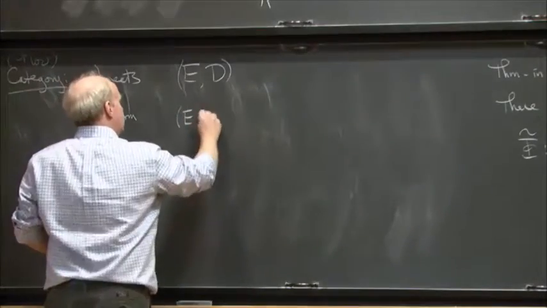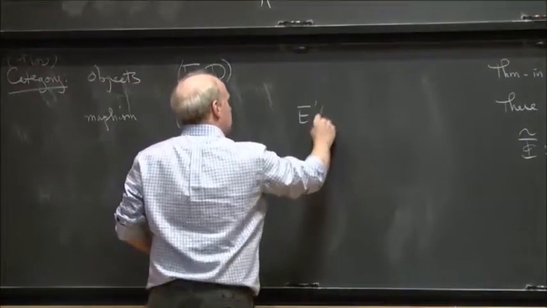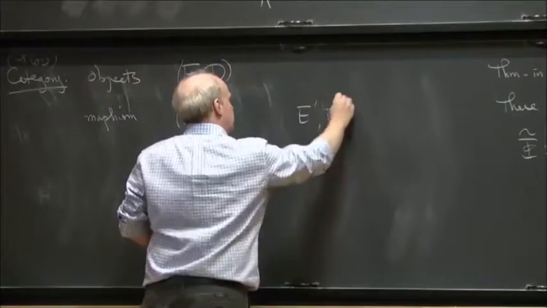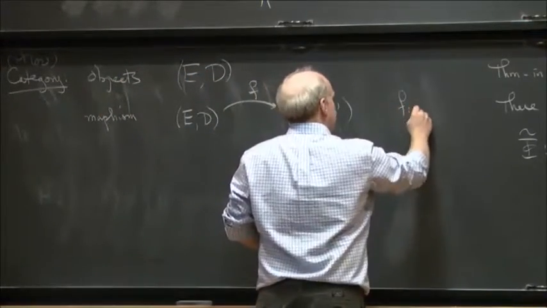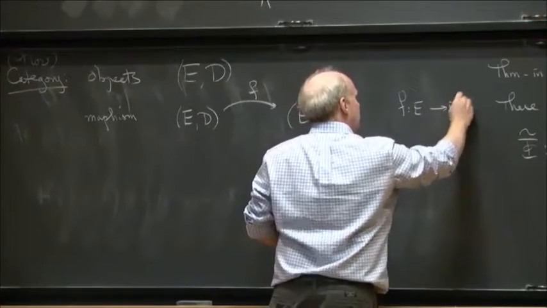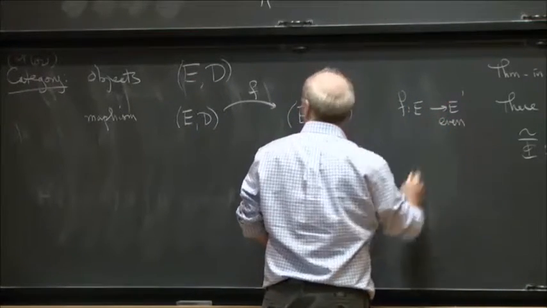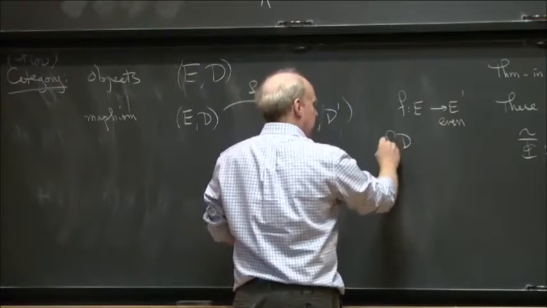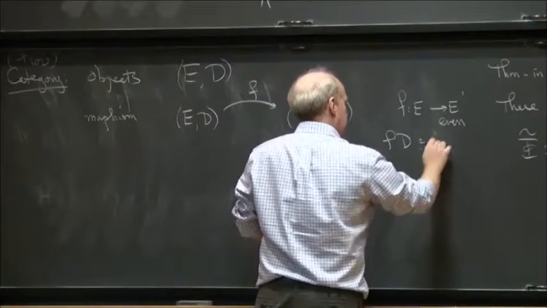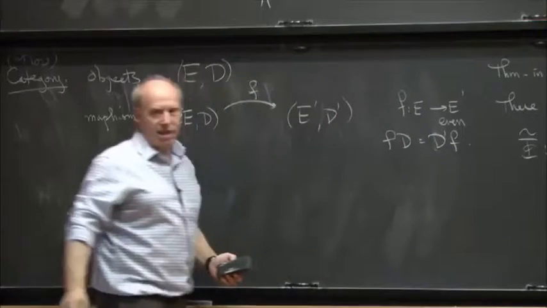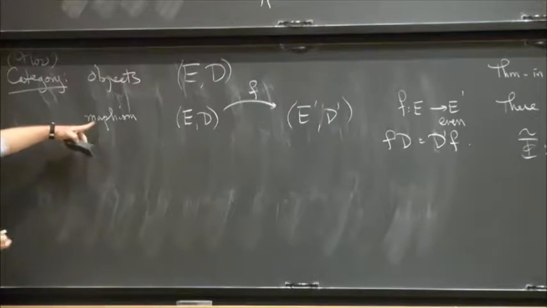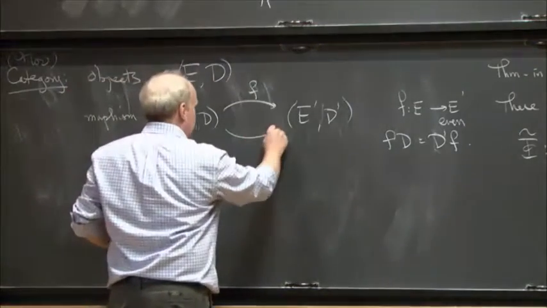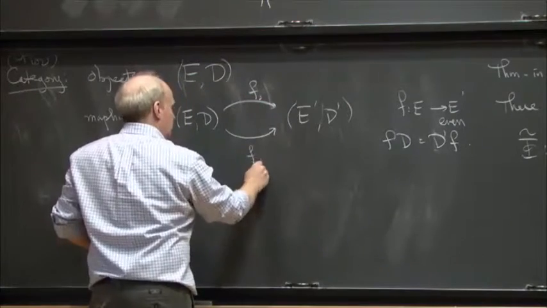And a morphism, say from (E, D) to (E', D'), is just a map F, where F is a map from E to E' which is even, and it has to commute with D. Like that. So it's just a map of Z2 graded complexes, if you like. But we only take the homotopy category, which means we only take morphisms up to homotopy. So the notion of homotopy